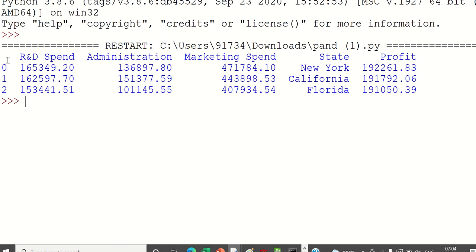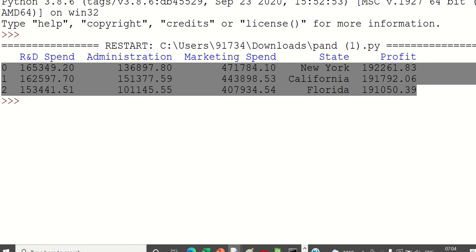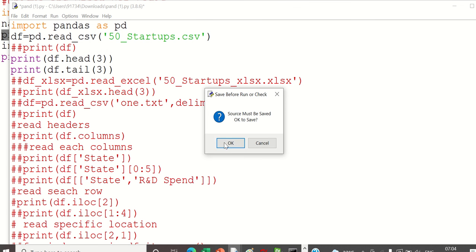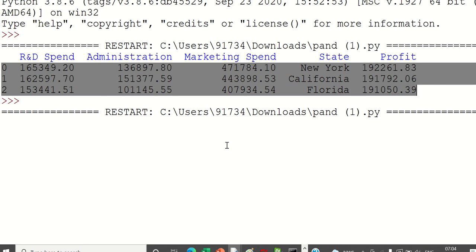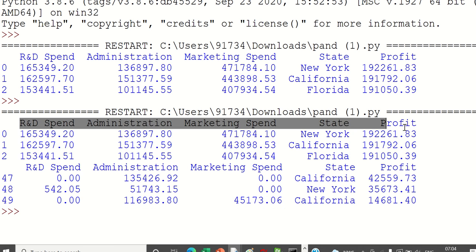So here you can see the top 3 rows have come up. Now df.tail, these are the bottom 3, and these are the top 3.